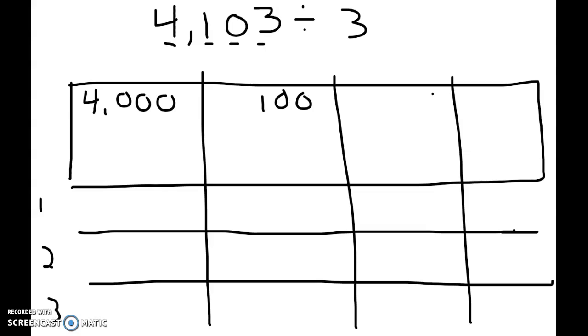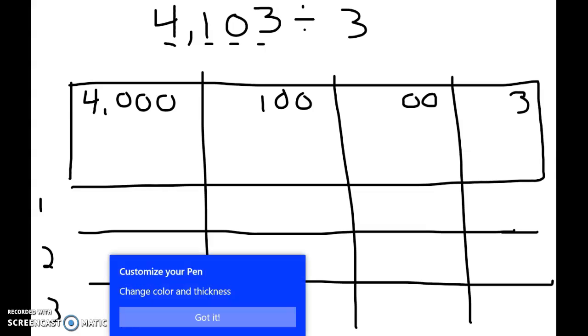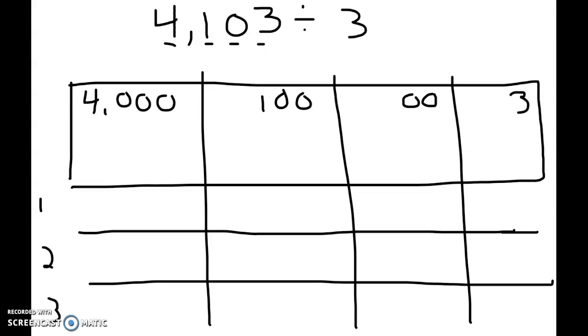4,100, 0 in my tens, but remember, since it's in my tens, which usually has 2 digits, I'm going to just put another digit there, 2 zeros, and 3 in my ones. So let's start with my thousands. I'm going to put 1,000 in each of my rows until I get to 4,000, because I'm dividing 4,000 into 3. So I have 1,000,